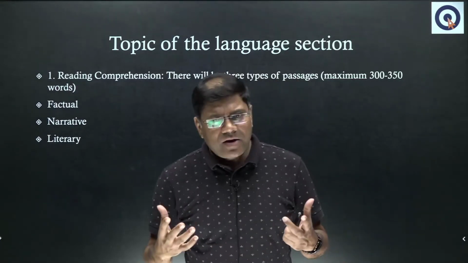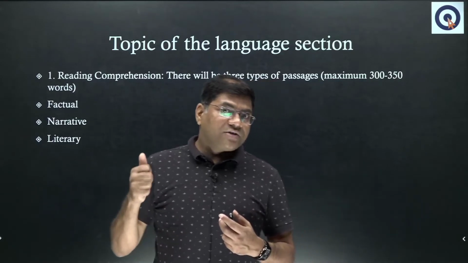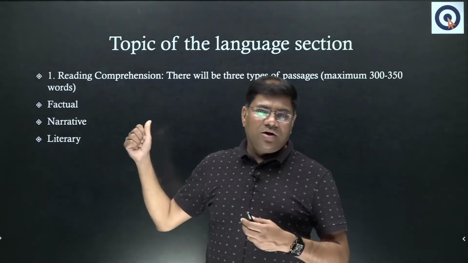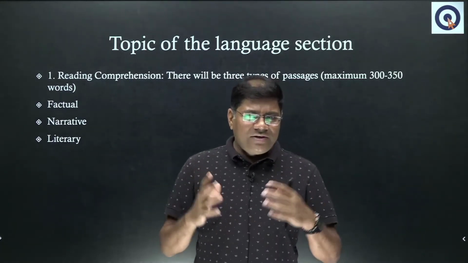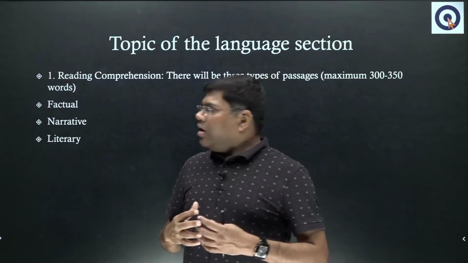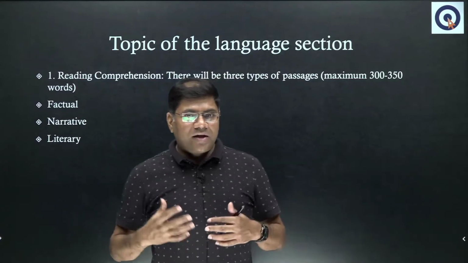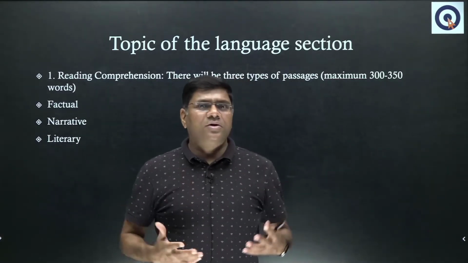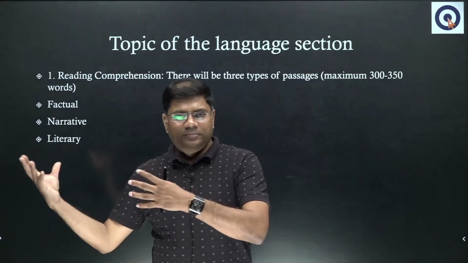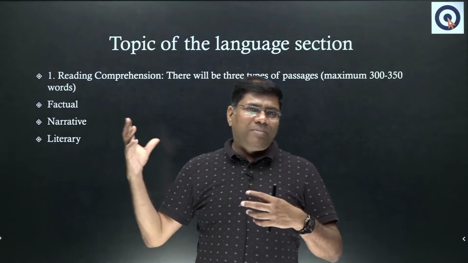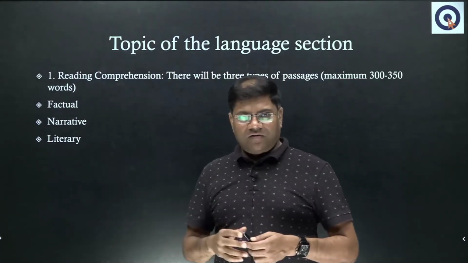Factual passages are primarily based on information and data. So, all the passages that fall in the category of science will come in factual, or business or economics. All these can come in the factual category because they deal with hard facts and data. On the other hand, the narrative passages are more like storytelling. So you might have a passage from history, which is narrative in nature. You might have a passage from some novel or maybe some sort of, let's say, short story. So passages can come from those areas and they would be clubbed in the narrative category of passages.